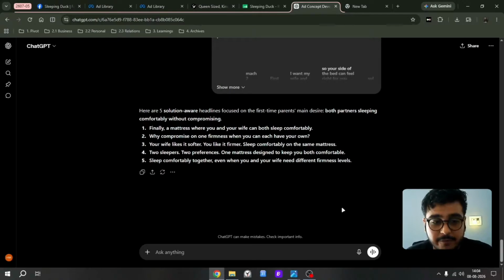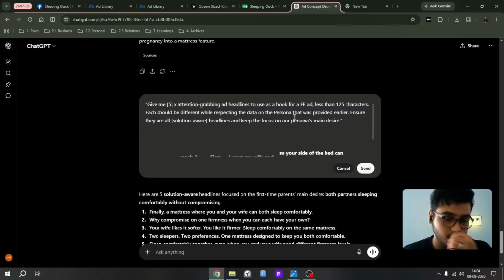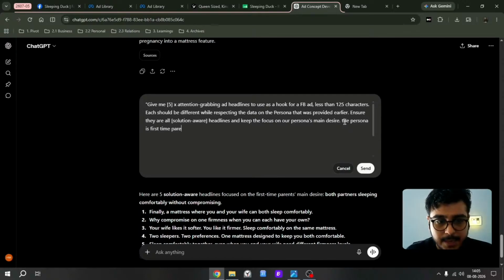So finally here are 5 headlines that we have. Finally a mattress where you and your wife can both sleep peacefully. Perfect. Why compromise on one firmness when you can each have your own, your wife likes it. Now this is particularly made for first time couples, but we want it for first time baby. So I'm going to edit it a little bit, where I am going to give it again, which the persona is first time parents and not first time couples. I guess I want to say